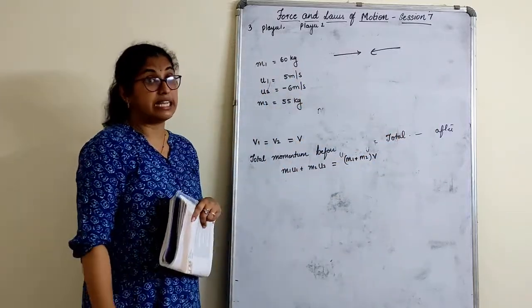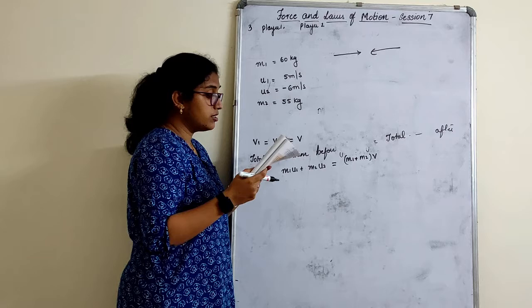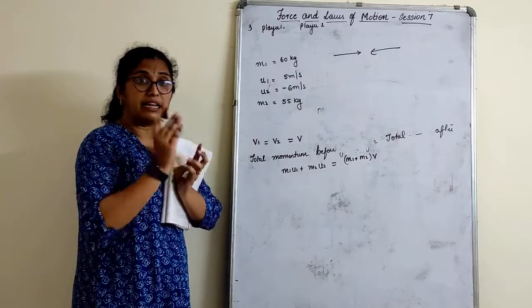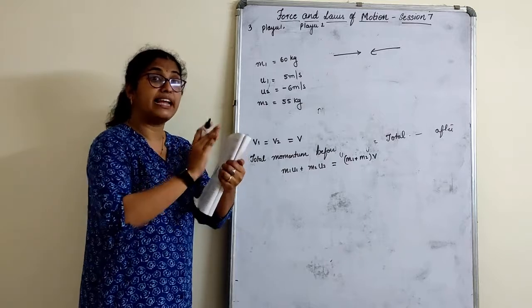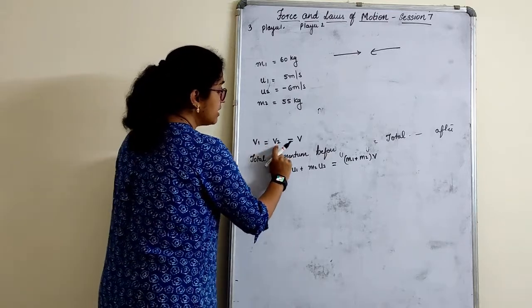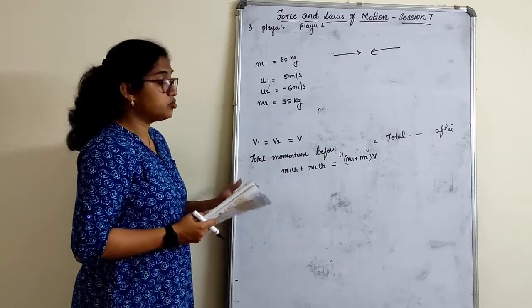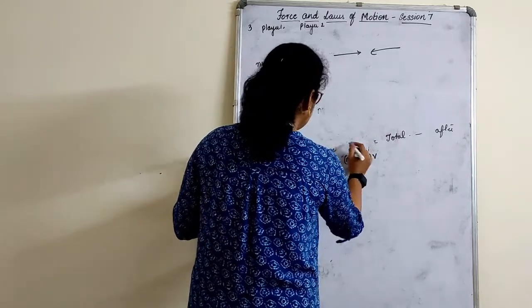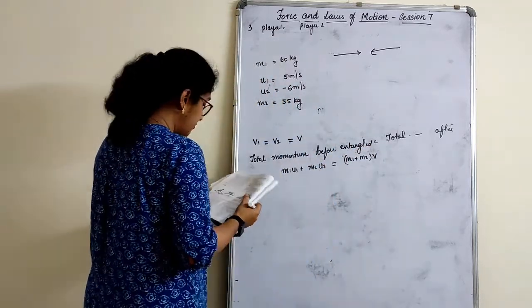We'll consider that as negative. It's coming in the opposite direction, children. So in which direction, and with what velocity, will they move after they become entangled? Once they become entangled, the velocities will become the same. That means it is the common velocity with which they move after they come and collide with each other. So V1 is equal to V2, is equal to V, right? We will again start with our usual thing: total momentum before colliding, or before getting entangled, is equal to total momentum after getting entangled.